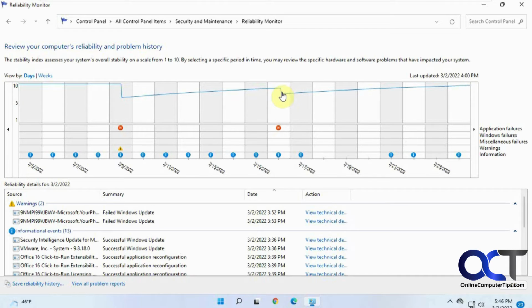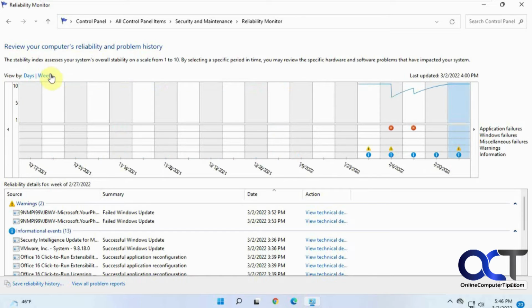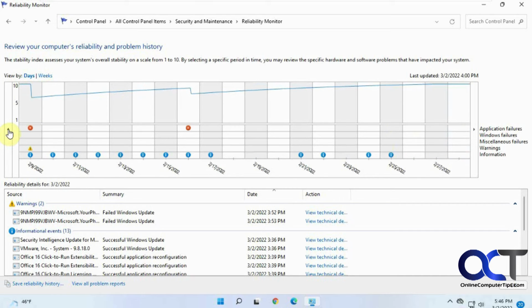Drop down maybe to an 8 right there, and you could view it by week if you want to get a consolidated view and then go to the week that's giving you the problem. It looks like it only goes back to 10/17/2021, so that's quite a ways back. And then for days, you could go back and forth like this too. So once you find a day that you might have had a problem on, it's the same kind of